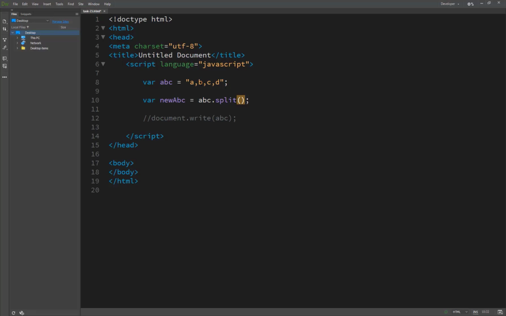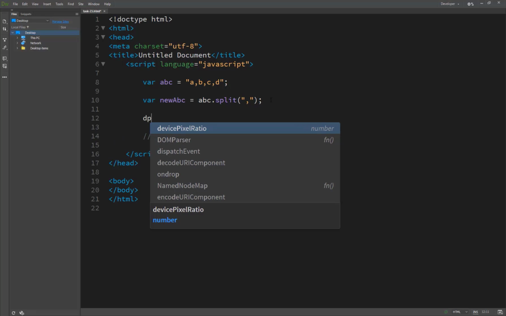I have already told you that a string contains a number of substrings separated by a specific character, and these substrings are separated by the special character, the comma. So we split them by using the comma here, and now you can see the results.